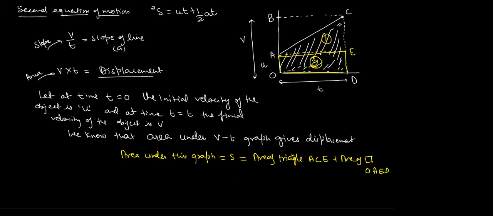Okay, do you have any doubt regarding this statement, Hamna and Veer? No, sir. Are you sure? Yes. We need to find out the area, and why are we finding the area? Because the area under the VT graph gives the displacement, and we need to find out the equation of displacement. So we have split this area into two parts. One is the area of the triangle, and another one is the area of the rectangle. Okay, it is simple.